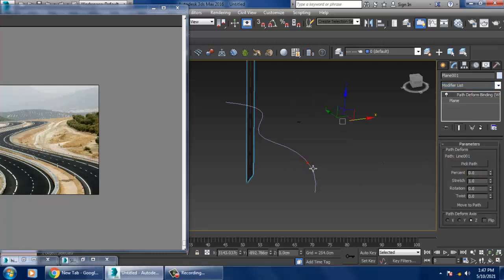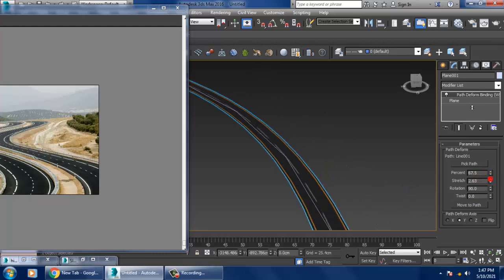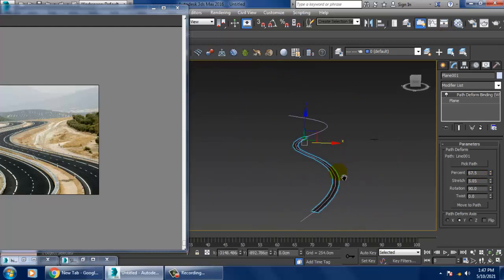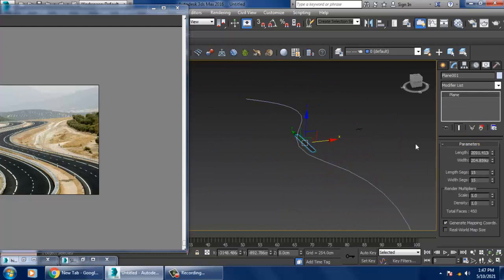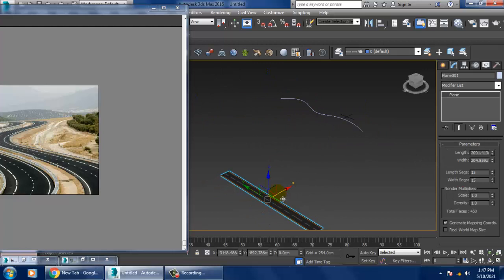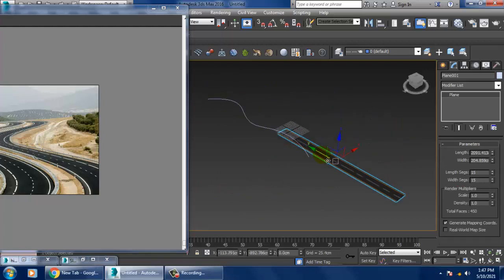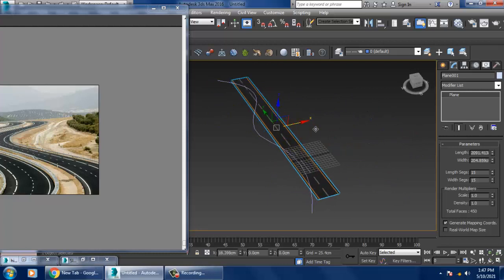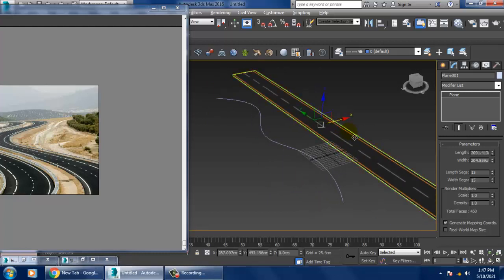Pick path, move to path, set the rotation as 90, and you can stretch this as much as you want. If you look at it closely, the path is actually much bigger compared to the grid. We need to check all these things properly, then it can work out well.